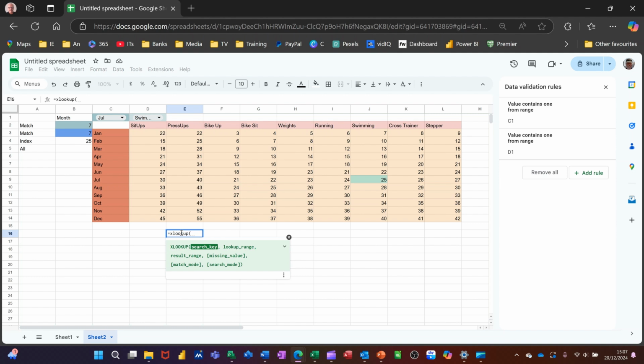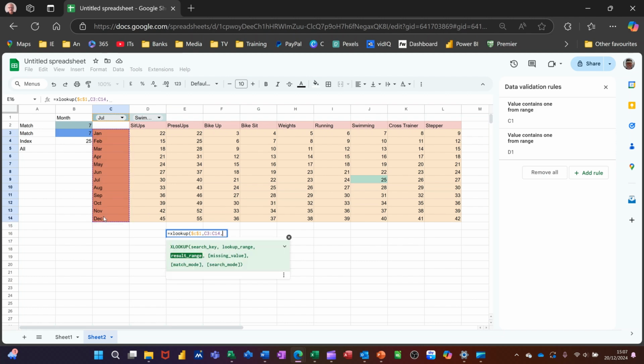So it's wanting to look up a search key. So the first search key is going to be $C1, dollar sign C, dollar sign 1, comma. Then it wants to know where the lookup list is, which is this list,